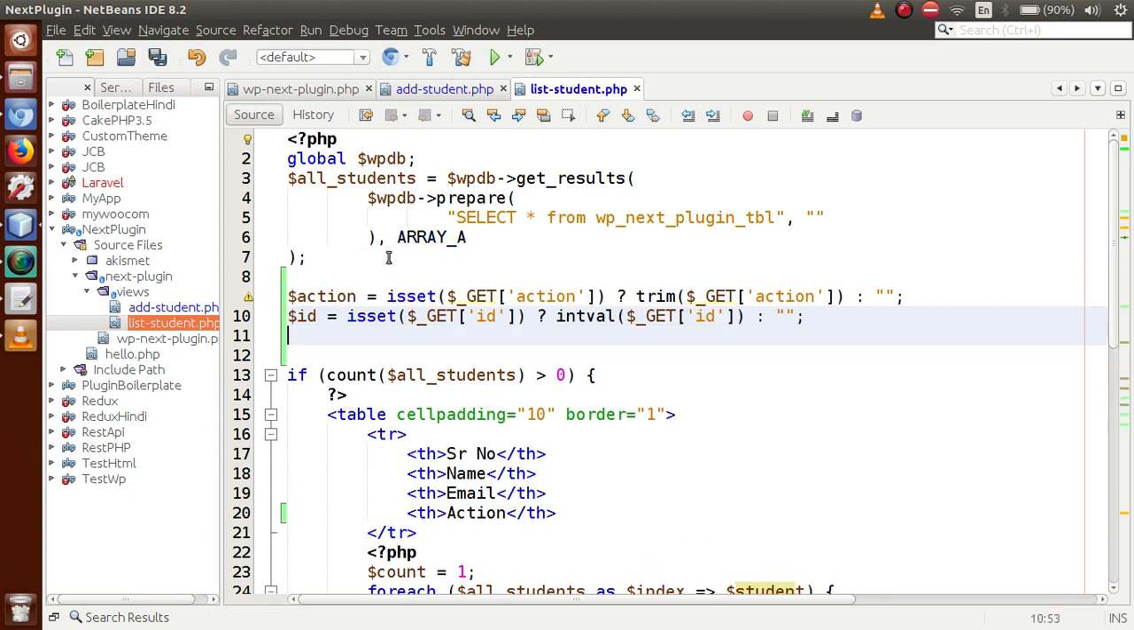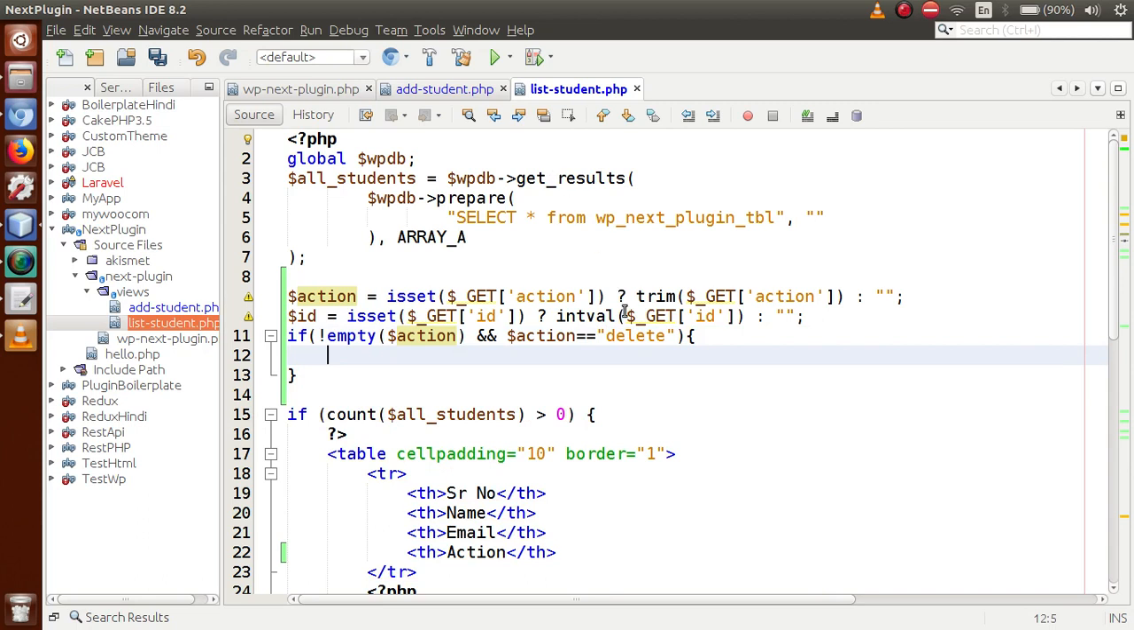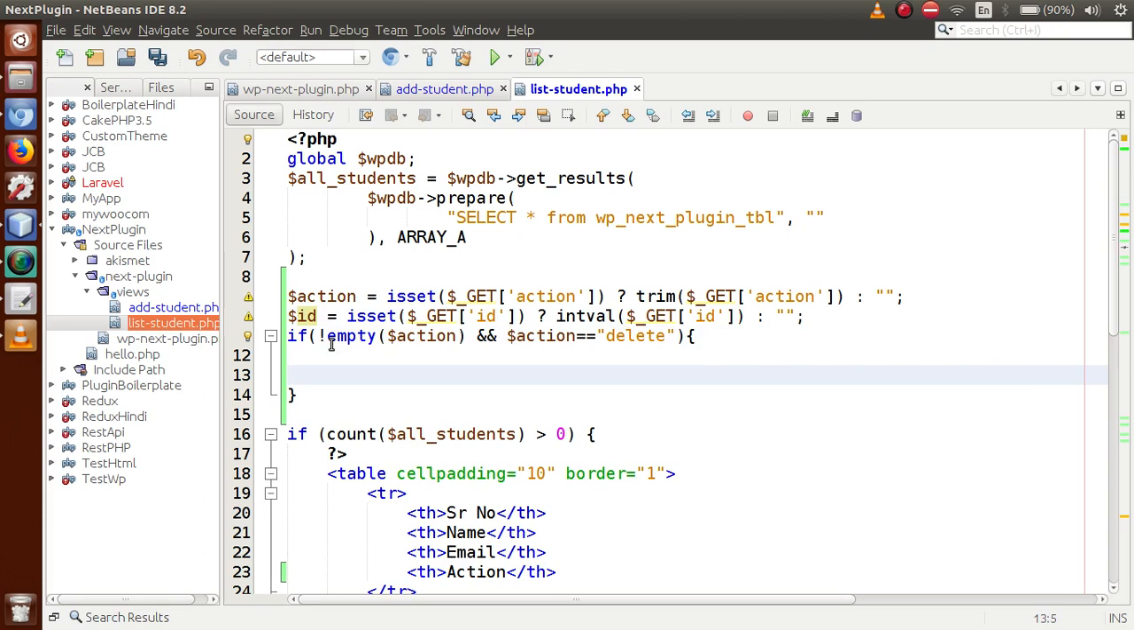Let's say that we have to check now if the action value is not empty, meaning the action value contains some value, and the action value should be delete. After getting the delete action value, we want to delete that record with this ID. First of all, we have to check whether the record actually exists with this ID or not. So let's check that